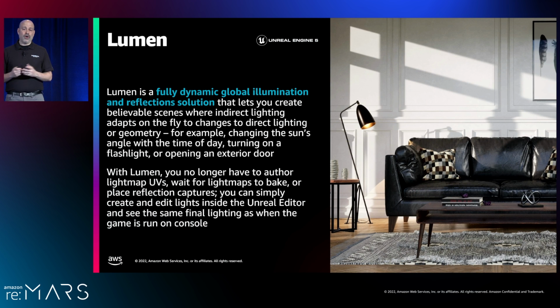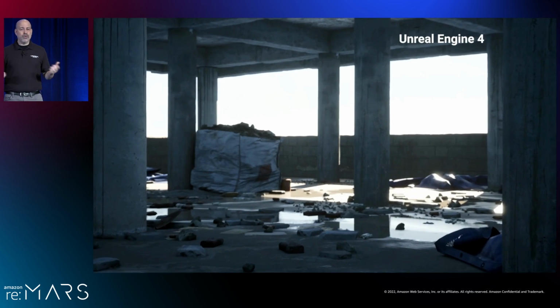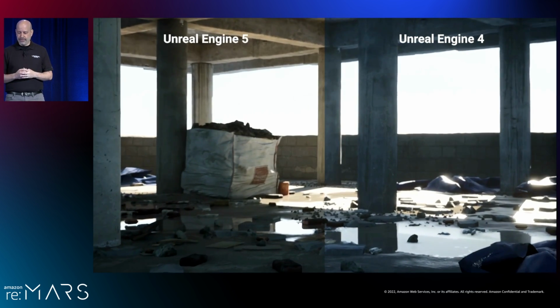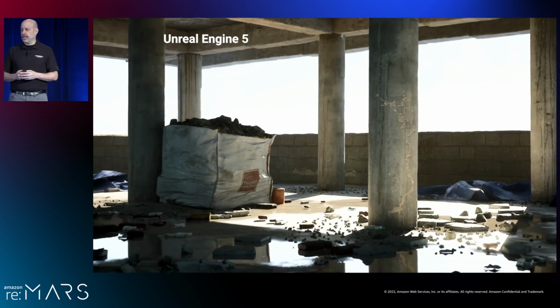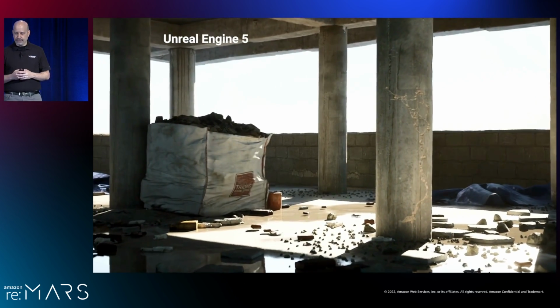The first one is called Lumen, and it's really linked to photorealism, the beautiful brother. Some of you might already know with photography that photography means literally writing or drawing with light. And that's what we're doing with UE5. We're making sure that the light is writing or drawing correctly into virtual scenes.